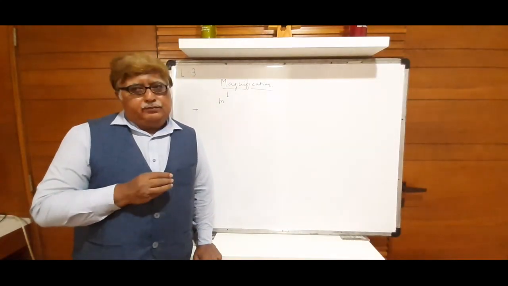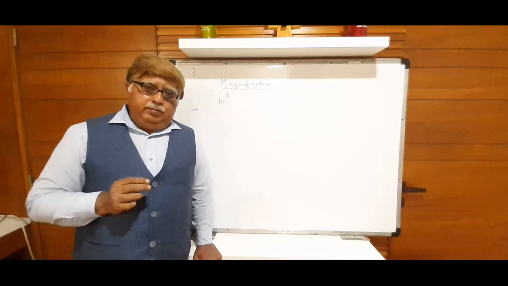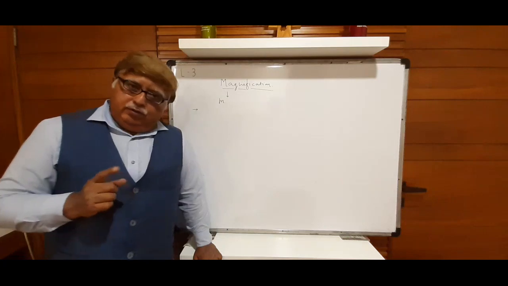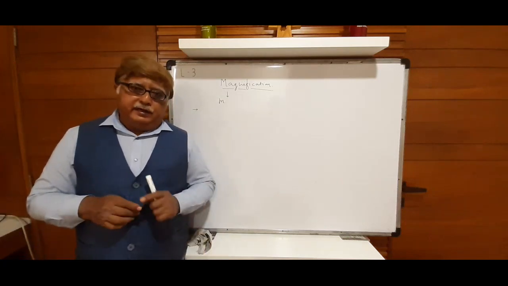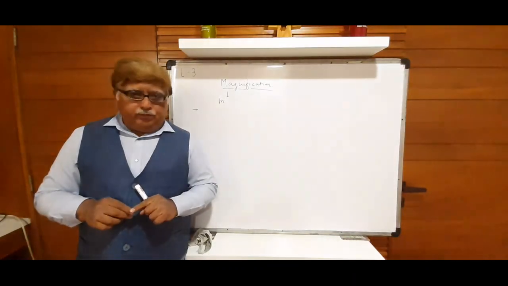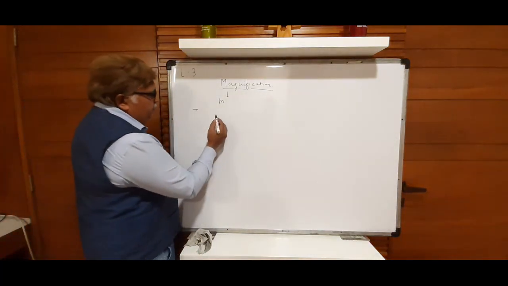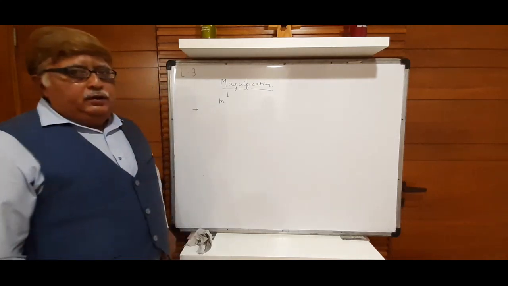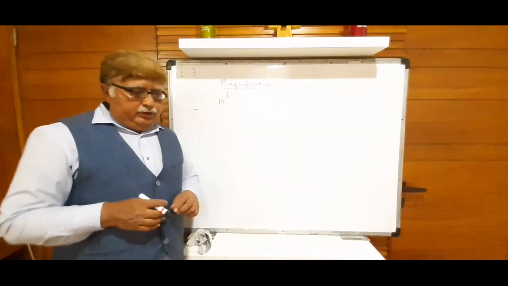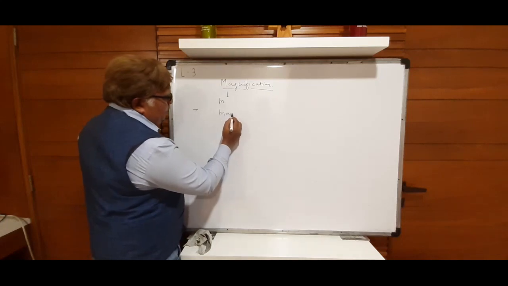Magnification is the ratio of image height to the object height. You already know symbol for object height small h, symbol for image height small h dash. So magnification, I am just writing. First you note down in words: magnification is the ratio of image height to the object height. Then if I write in words, can we write this way? Magnification,